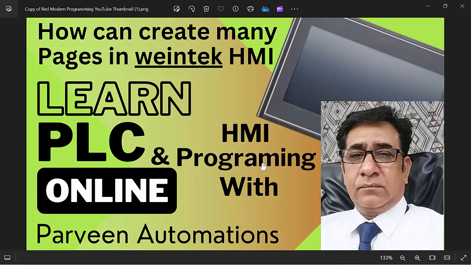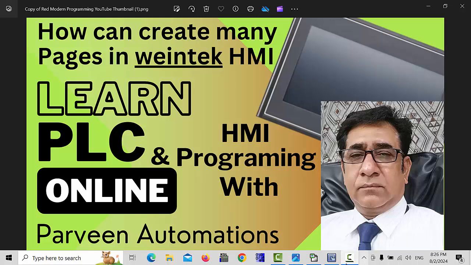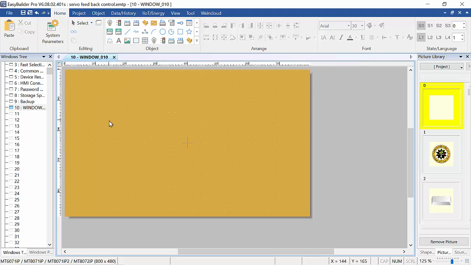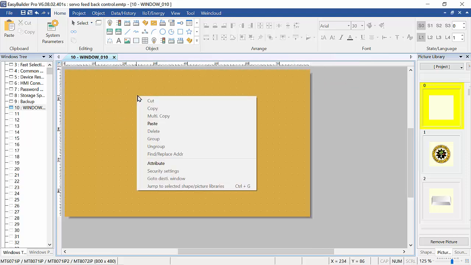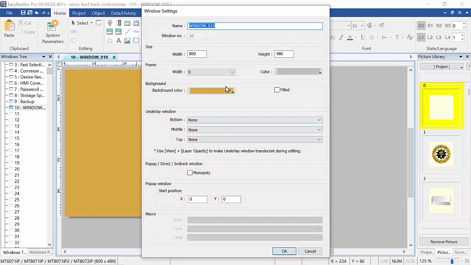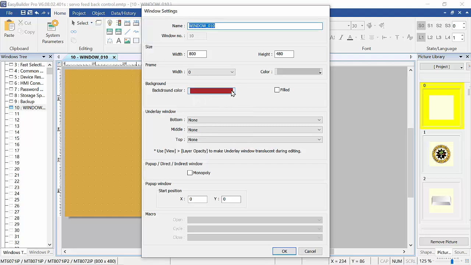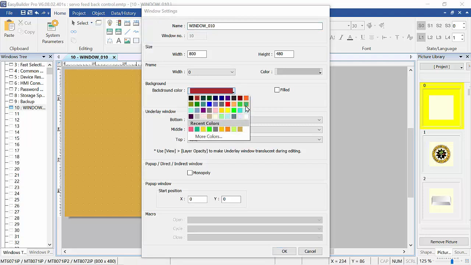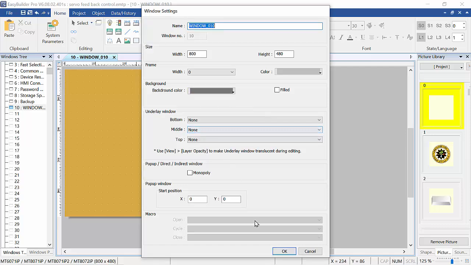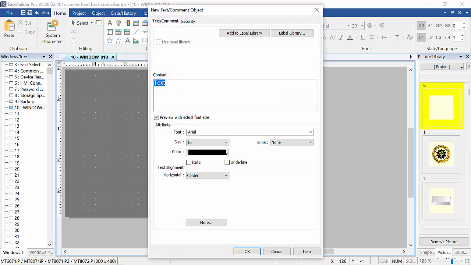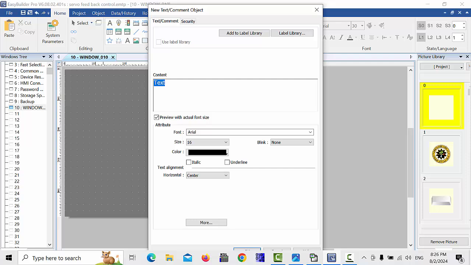So let's get started. First of all, we will open our EasyBuilder Pro software and here we will choose the color of our screen. Go to the attributes and go to here, and any color which you like to choose in your HMI, you can choose it from here. For example, I will choose this black color, and here if you like to make your headings of your HMI, for example, I will write here company name or channel name,